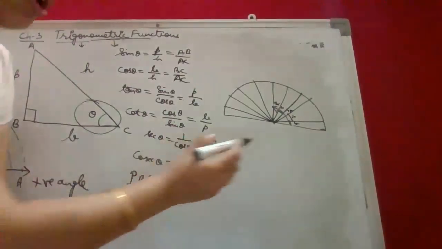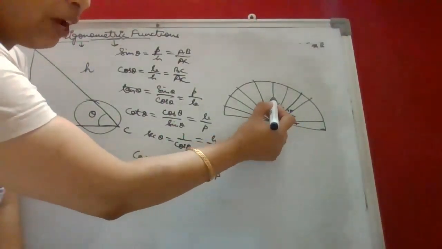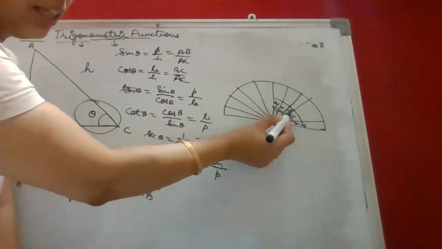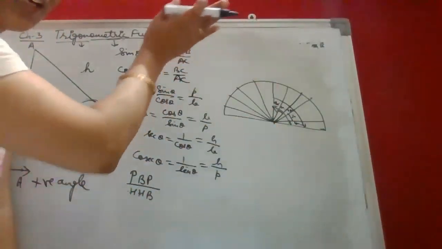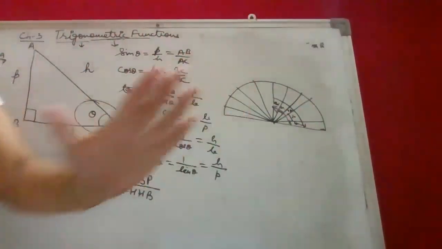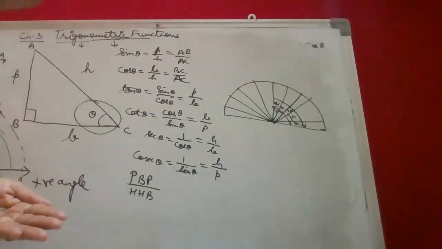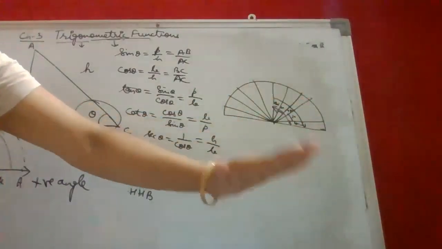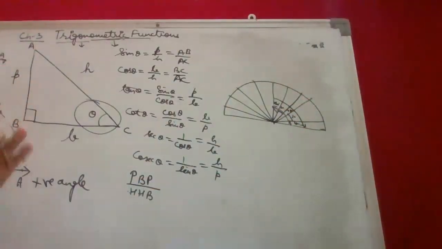Let us move to clockwise direction. Clockwise, if we are moving, let us move in this way. Then 90, then 60, then 45, 30, 15. That means angles are decreasing. Decreasing means they are moving towards zero. They are going towards the negative. Zero के बाद negative में जाएंगे, right? That means they are going towards the negative. So the angle is always taken negative when they are taken in clockwise direction.